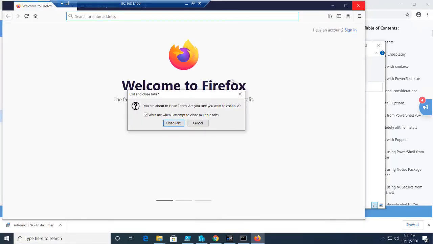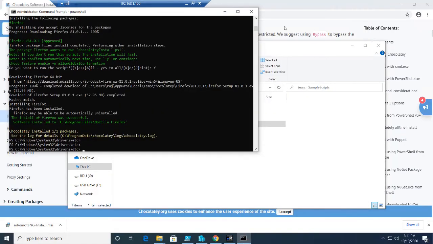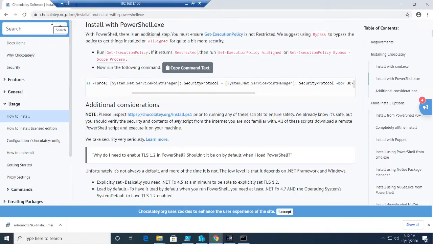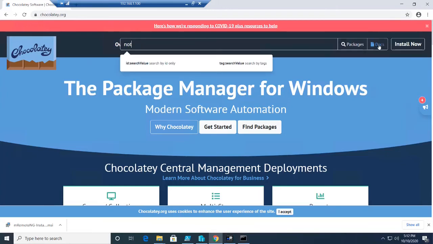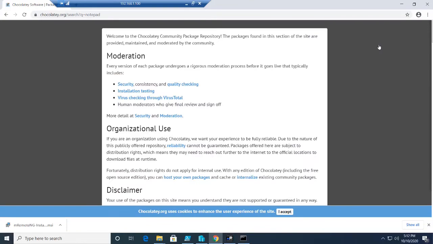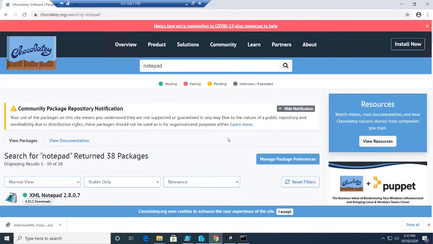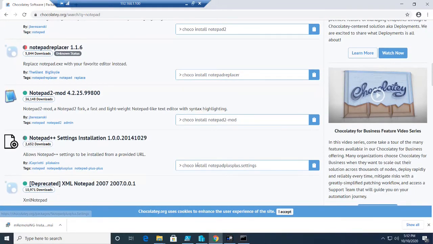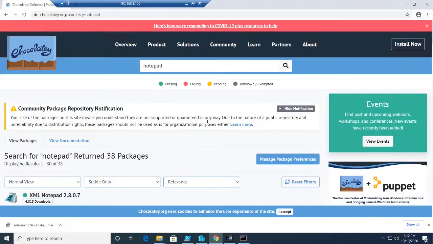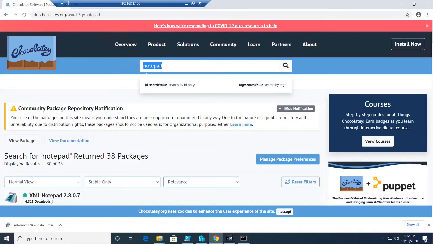Okay, now let's head over to the website and see how to find the software. Again, the way I learn is just by Googling and seeing how to find it. I'm going to go to the main page here, and I think you can do a search over here. It's going to come up with all the different options for Notepad. All you have to do is copy this command and paste it in your terminal. So if I want to install Sublime Text, for example,